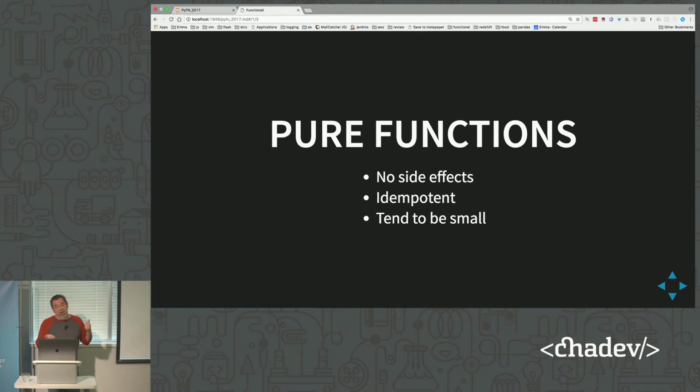A function that is not idempotent might have to check the date, right? If it does something with the date, that date could be changing every time, so you could always get something different back. So that would not be a pure function. And pure functions are great because they tend to be very small. They tend to be very clean. It enforces the idea that each function does one thing and only one thing, right? So it's really easy to break up your code when you start thinking about it in pure functions.